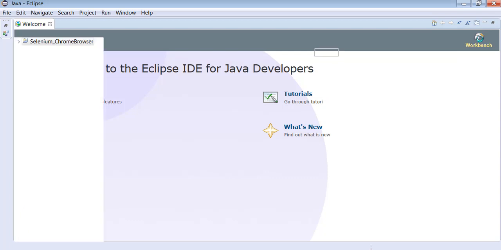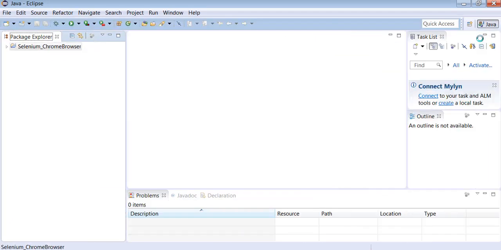It navigates to the package explorer and shows the content of the project. The project name is Selenium_Chrome browser. It has one source folder, src, and one system library, which is JRE Java SE-1.8. So the project is created successfully.